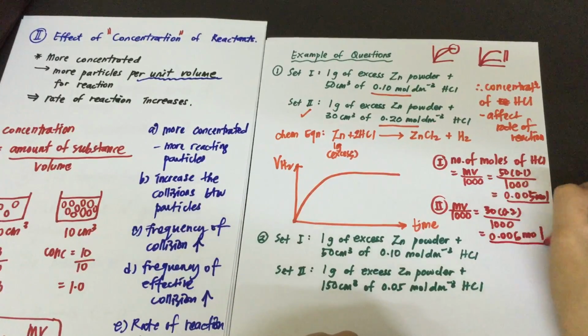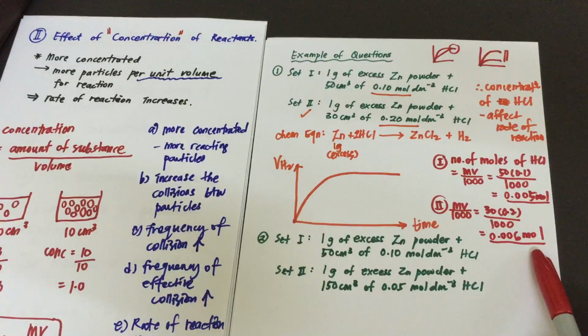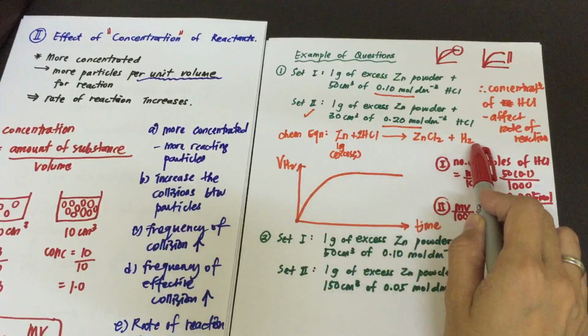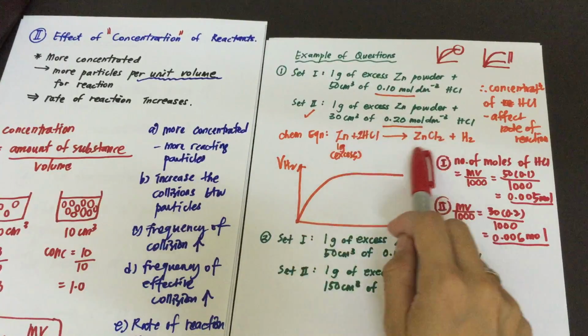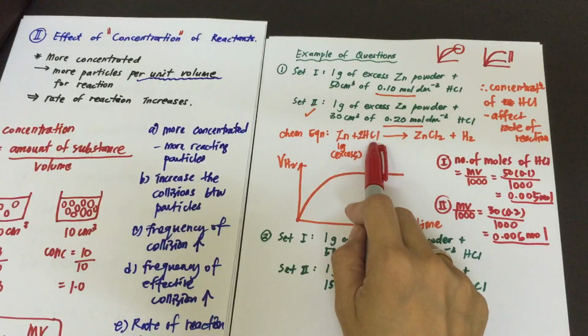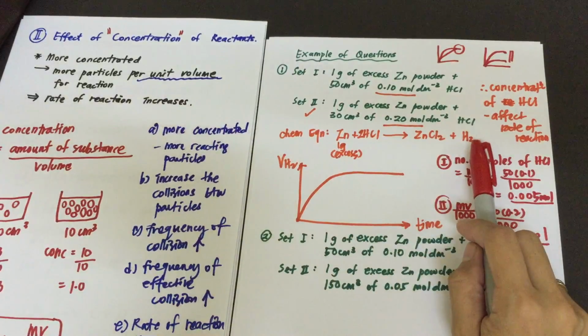0.006. So one can see that the second set has a slightly higher number of moles of the HCl solution compared to the first set. The first set gives us 0.005 mole, while the second set gives us 0.006 mole. Then, looking at the chemical equation again, zinc is in excess and will not interfere with any of the product formation, so HCl, which is the only limiting reactant, will affect the volume produced of the hydrogen